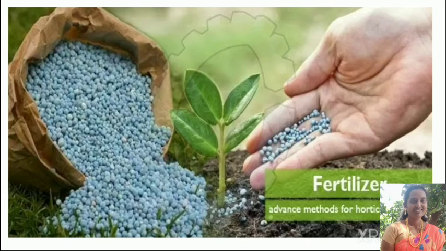Fertilizer is a substance which is added to soil to improve plants' growth and yield. These fertilizers are composed of urea, ammonium sulfate, superphosphate, potash and NPK. NPK means nitrogen, phosphorus and potassium. So this is the third step, adding manure and fertilizers.